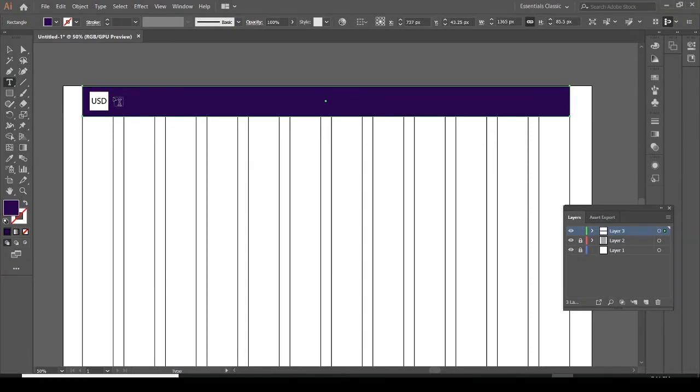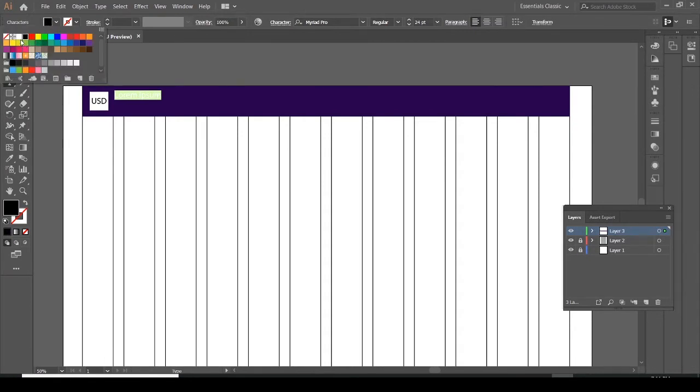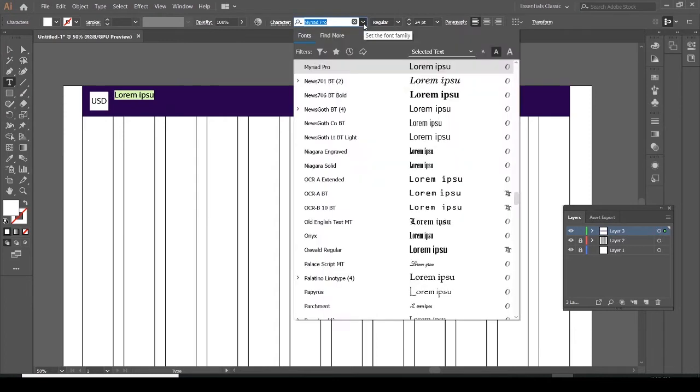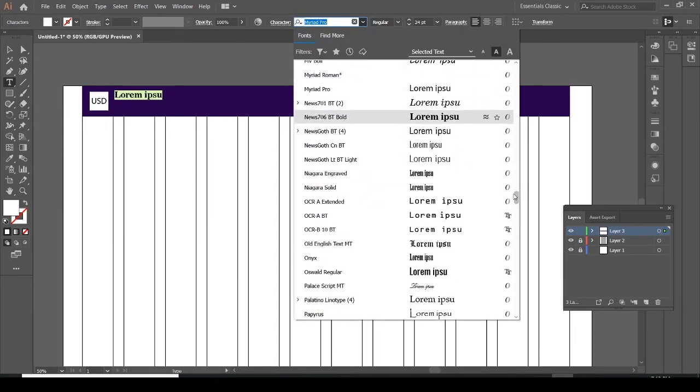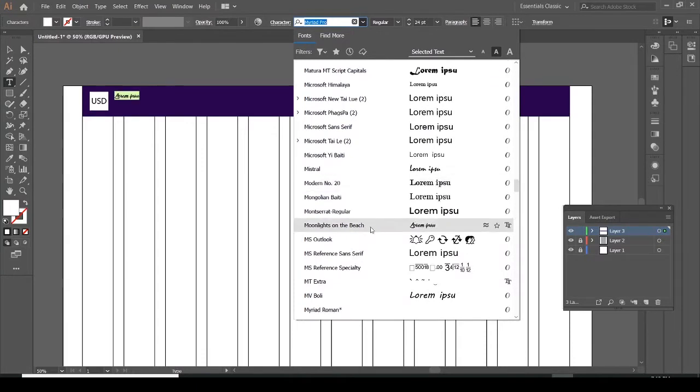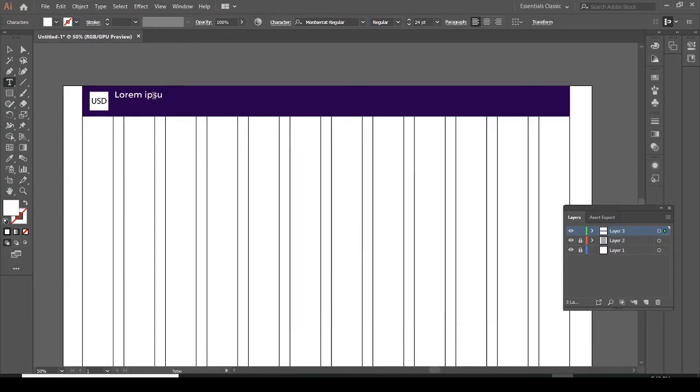Now the next thing is a contact number. So what I'm going to do, let me change the color. The color is changed, it is white now. And let me change the font. I want to go with Montserrat regular. And here, let me have a contact here. As you guys know, I'm Brazilian, so I'm using this 234, my country code +55